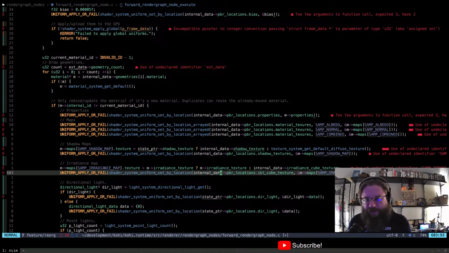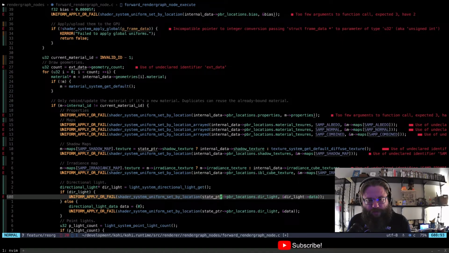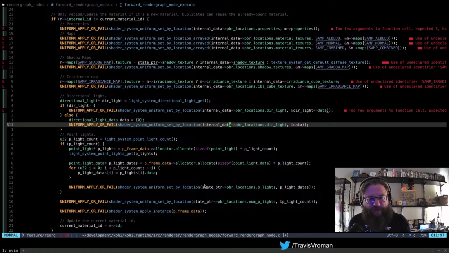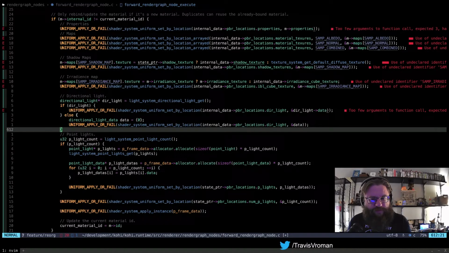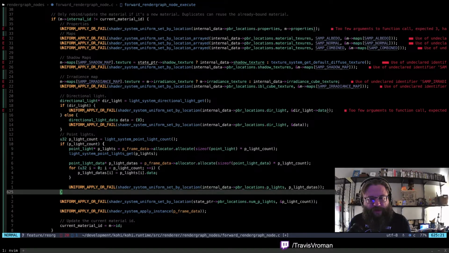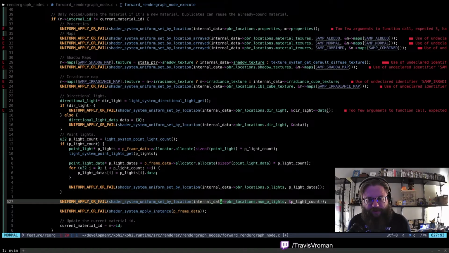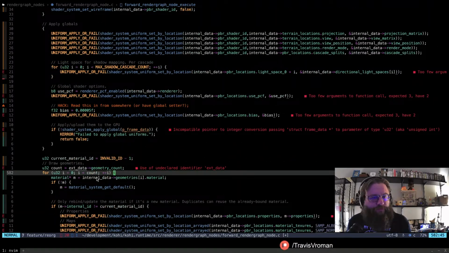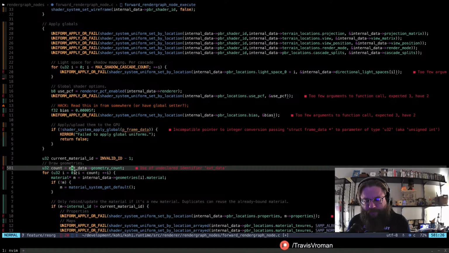We have internal data here. There are other things here that we're going to have to probably take from the other section, but that's okay. So state pointer, that needs to be internal data. That needs to be internal data. Oh, this needs to be as well.